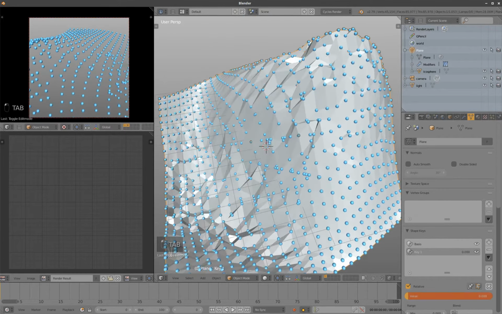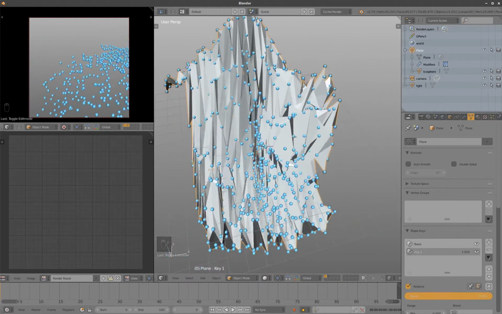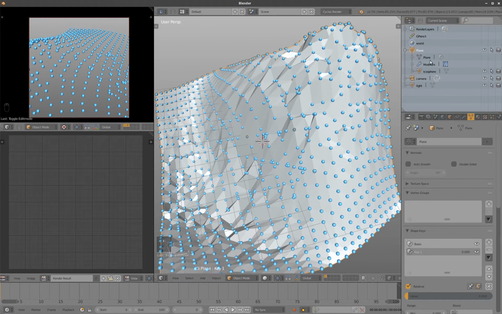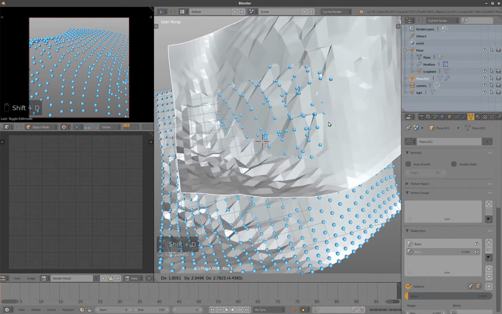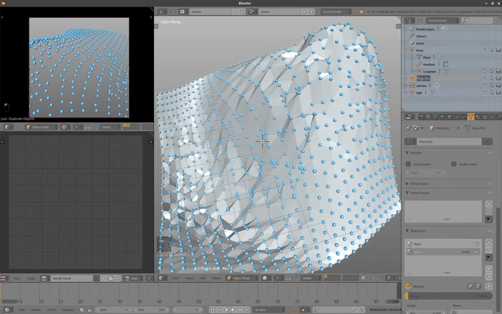So we have some animation going on, and let's duplicate the plane and rename it plane wire,